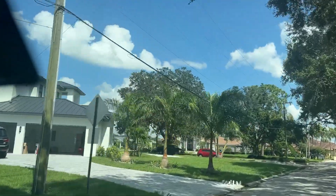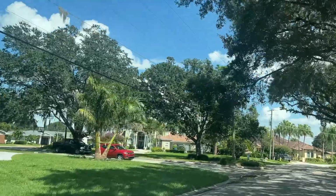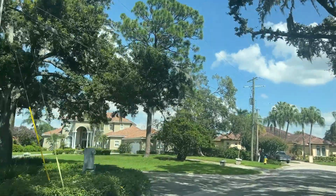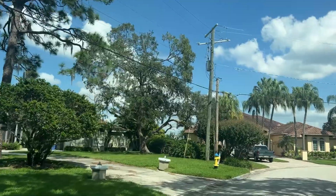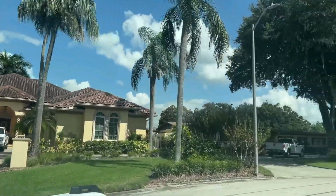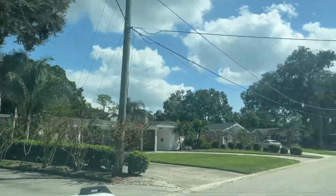Right now, we're going to drive around some of the streets in Carrollwood, and on the left-hand side, you're going to see a lot of just nicer homes that are directly on the lake. So they're going to have nice big yards, obviously direct lake access right from their backyard. But then you're going to see a mix too of some homes from the 1960s, 1970s that are going to be